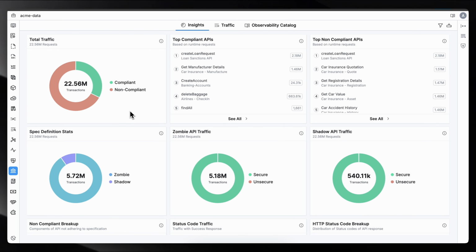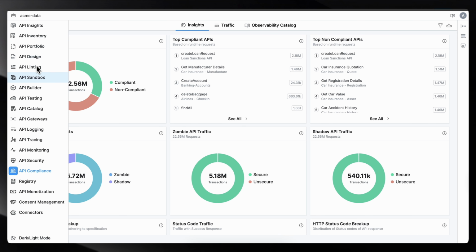So let's take a look at insights available in the compliance module. We get a breakup of total API traffic in terms of compliant and non-compliant. So all the traffic that's not following your API design will come here. Since APIwiz has the context of all your API designs here, as well as the official API catalog, APIwiz will